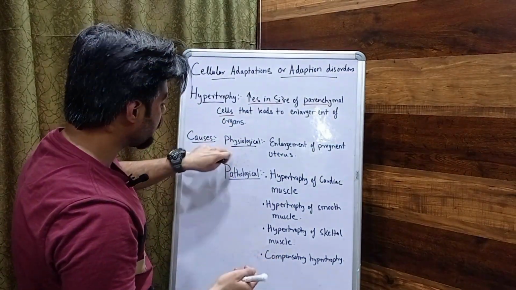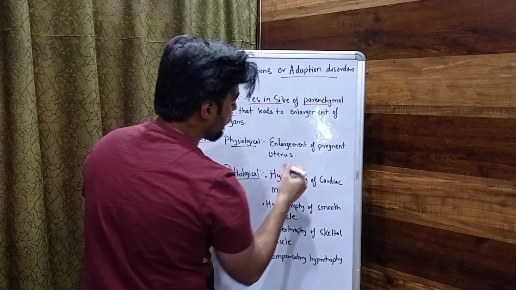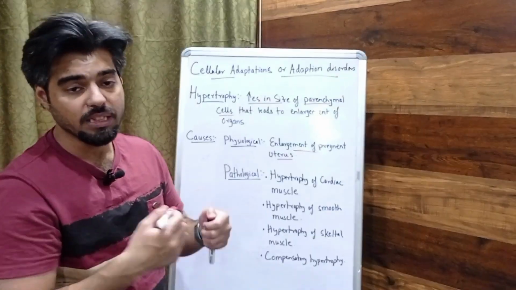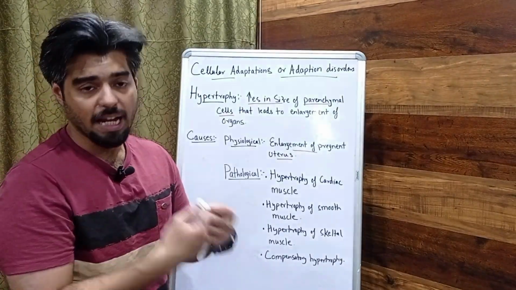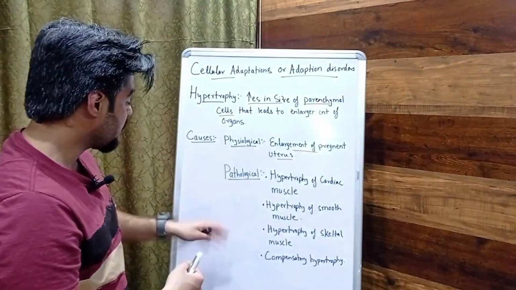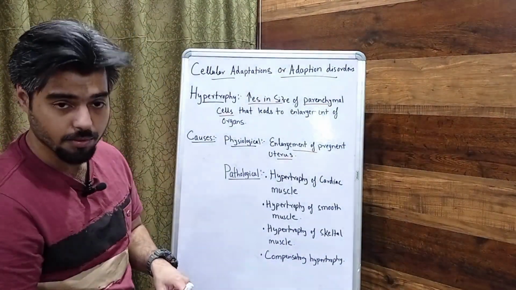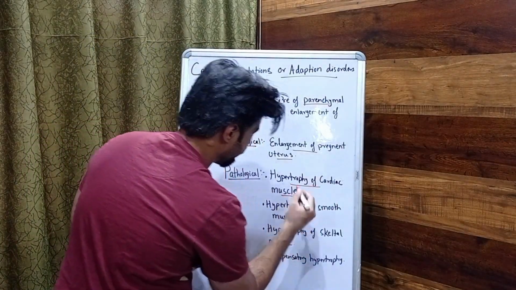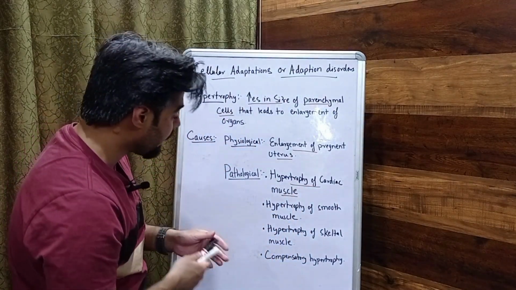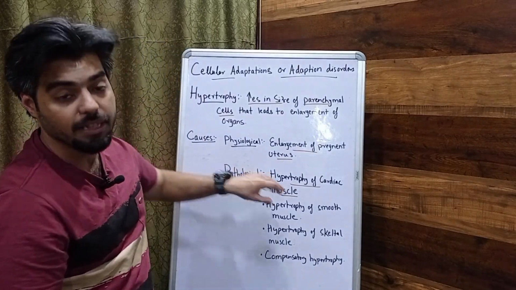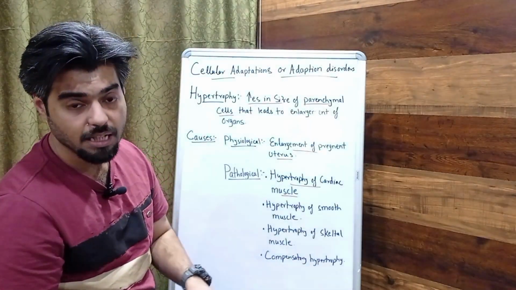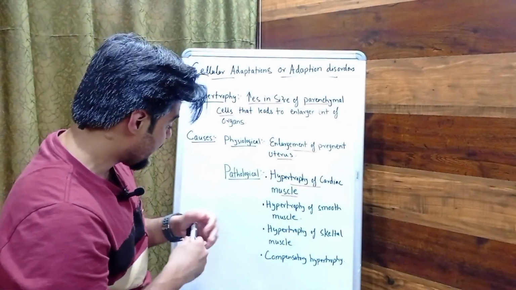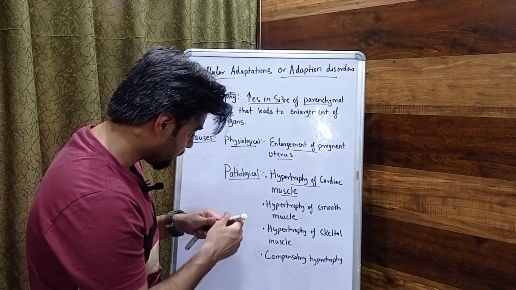Coming to the causes, the first physiological cause we can see is enlargement of a pregnant uterus. In pregnant ladies, the uterus is enlarged because of the fetus. Next, we come to the pathological conditions. The first pathological condition is hypertrophy of cardiac muscle. Where does this happen? Hypertension, very common. Next, you can say sometimes stenosis. Next, hypertrophy of smooth muscles,